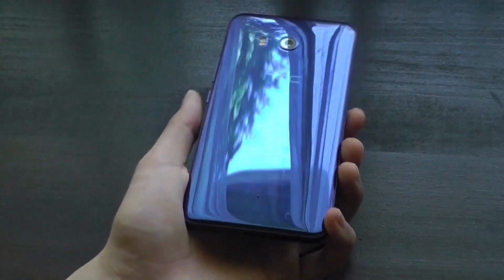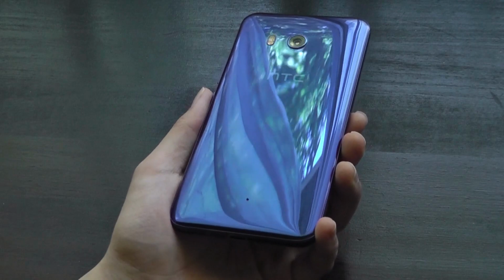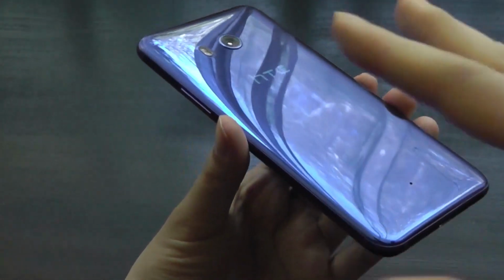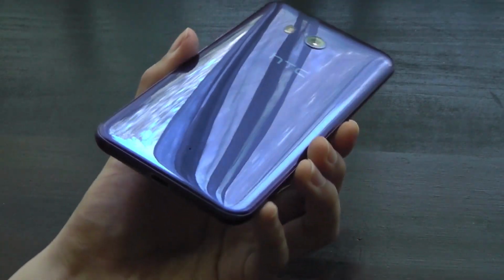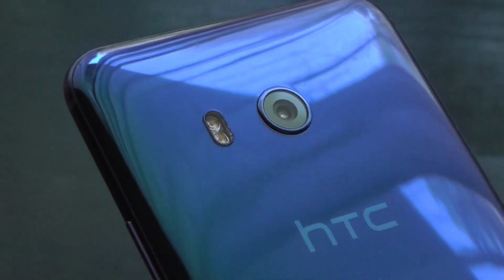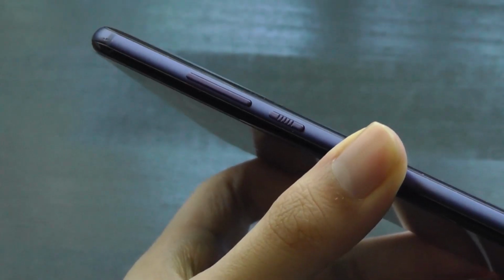a super shiny exterior that's made out of Corning Gorilla Glass both on the front and back, and it came in these vibrant shades that glimmered, though it was a fingerprint magnet, and because of the curved nature, a little bit reminiscent of the Sony Xperia XZ2 and XZ3, it does have a tendency to slide off of surfaces if you're not careful. The back housed a 12 megapixel autofocus camera with dual tone LED flash,